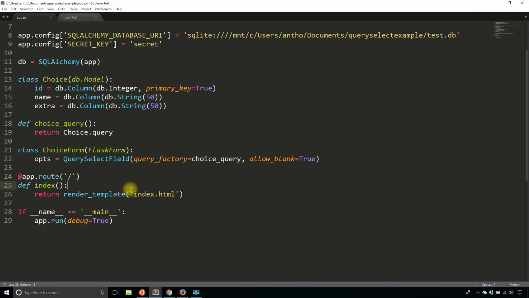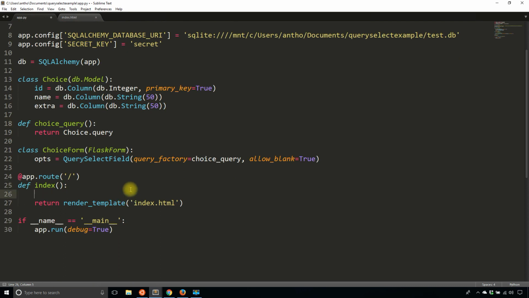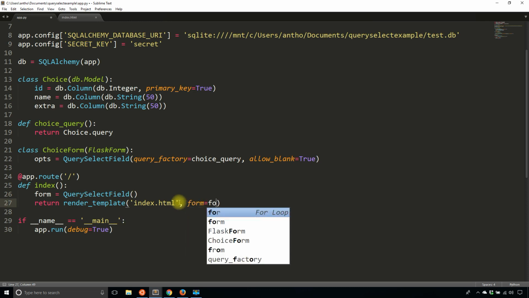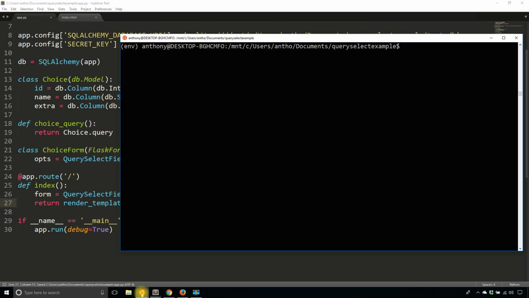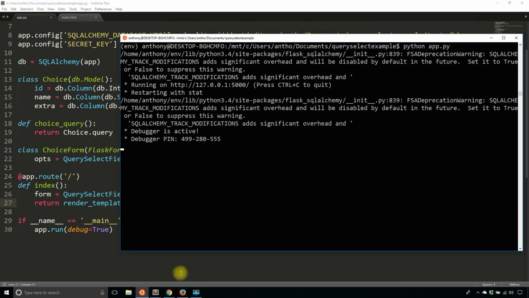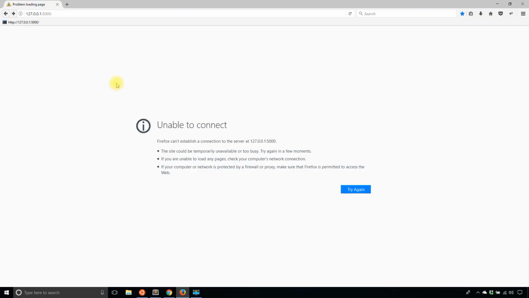And now what I need to do is I need to actually display the form. So I'll instantiate the form here in the index. So QuerySelectField. And then I'll pass that to the template. And then now that I have that, I can actually run it, and hopefully there are no errors. And I will go to the index,